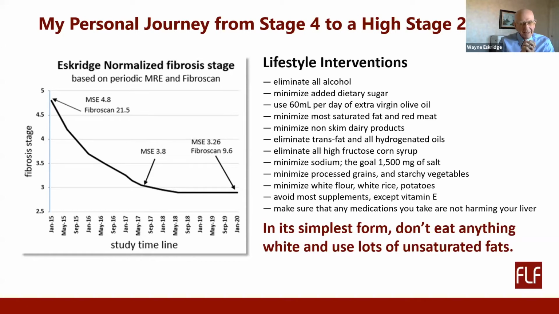But over time, I've been able to reduce my liver stiffness and to resolve most of my problems, so that I'm now in a very stable position, and my FibroScan is a 9.6, which is a high 3. Now that is really important, because most people are unsuccessful at this.